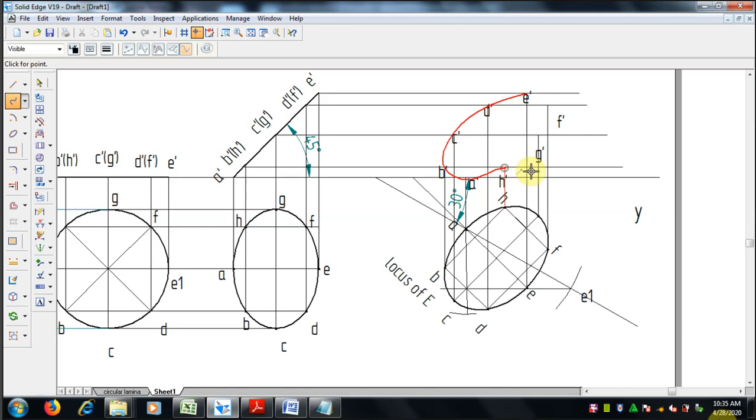H. The end points we have to correct properly, do it, otherwise undo it.